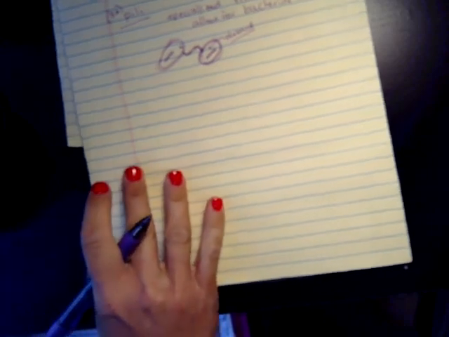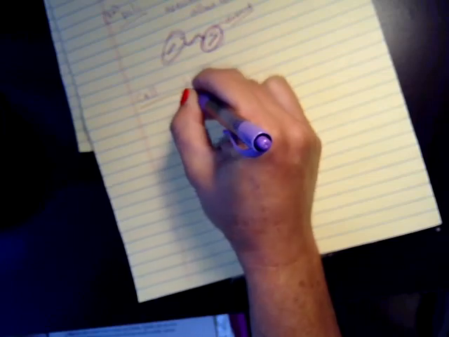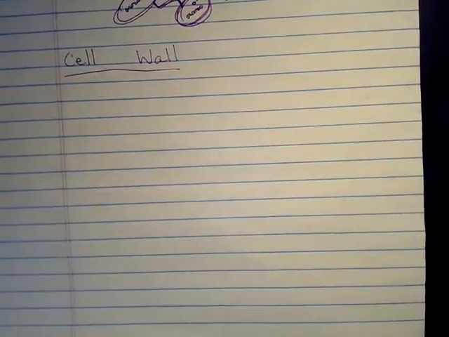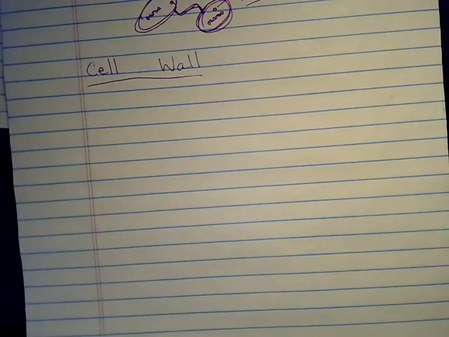Okay, so now we need to delve into the last portion of the external features of the bacterial cell, and this is where we will look at the cell wall. Now, we have studied and we understand that all cells have a cell membrane, all cells, animal, plant, you name it. However, not all cells have a cell wall. Bacterial cells will typically have a cell wall, and they're a little different from plant cells because plant cells also have a cell wall. Animal cells do not have a cell wall,